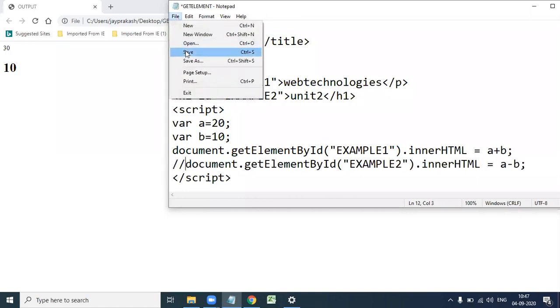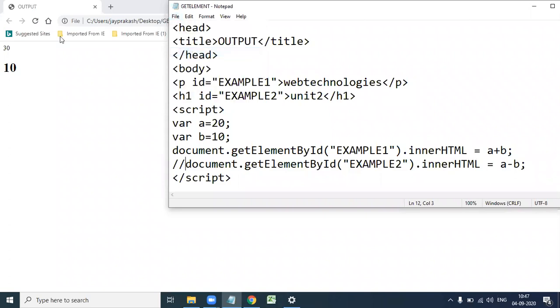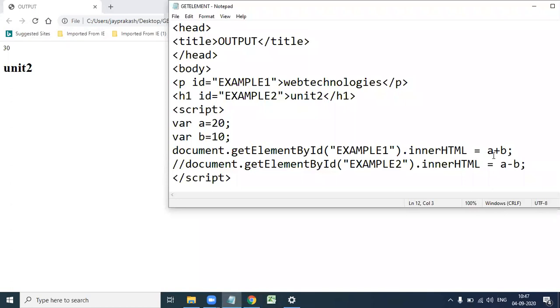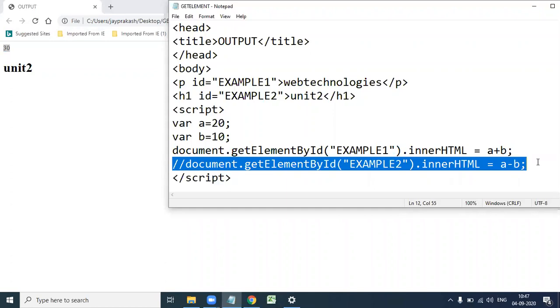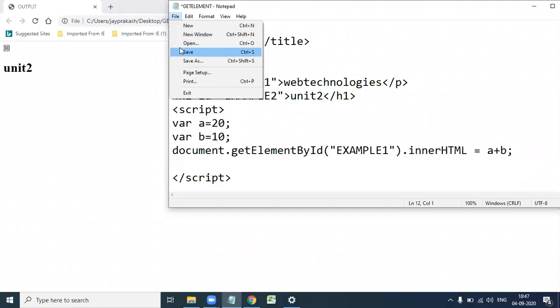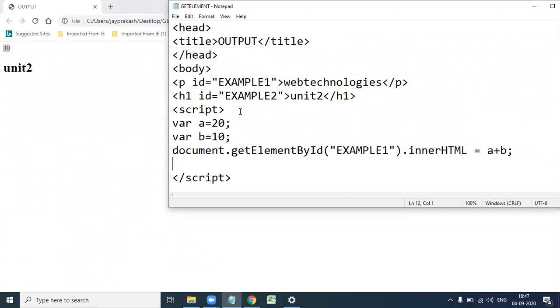If you give the element id only to the paragraph tag, a plus b equal to 30 replaces the paragraph. But we did not give any getElementById to the h1 tag, so unit 2 is not replaced.